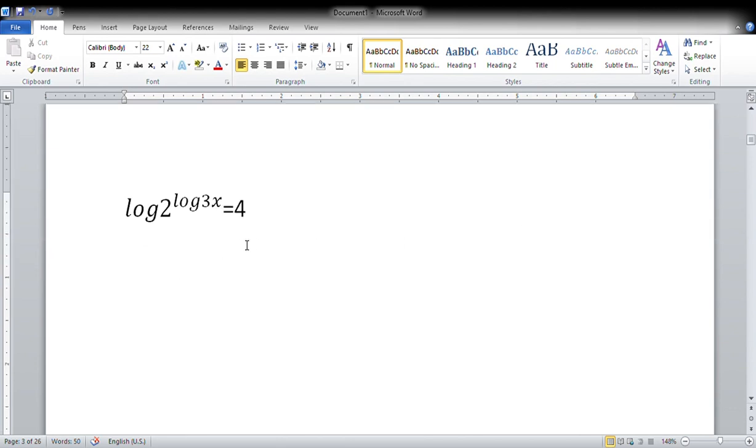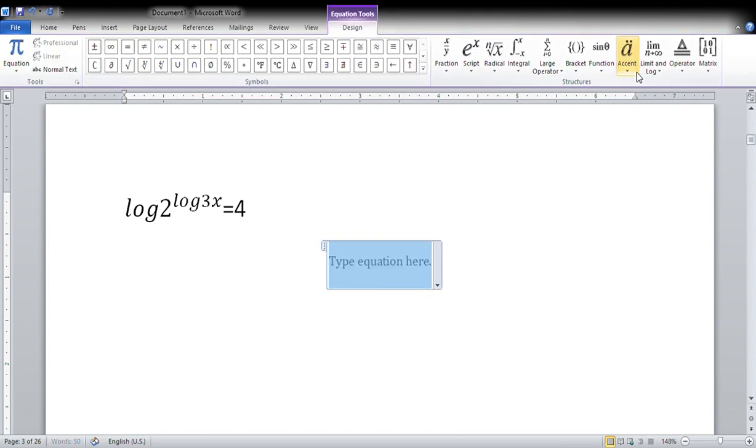So simply we can write 2, which is the base, to the power 4